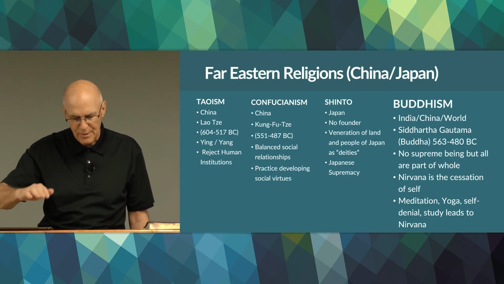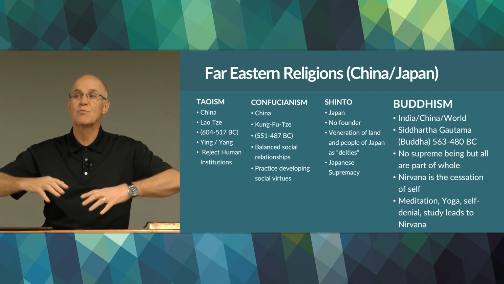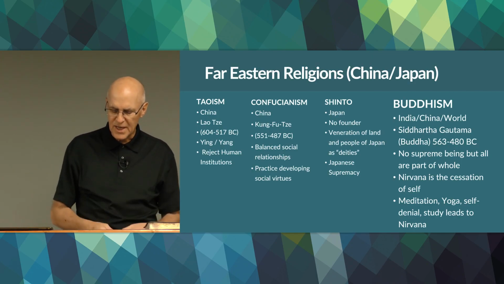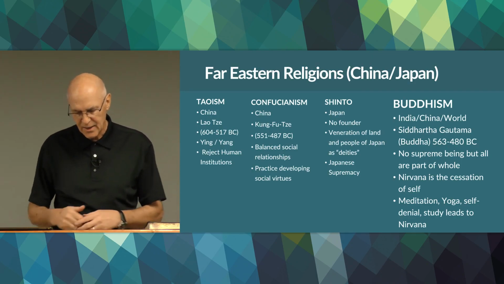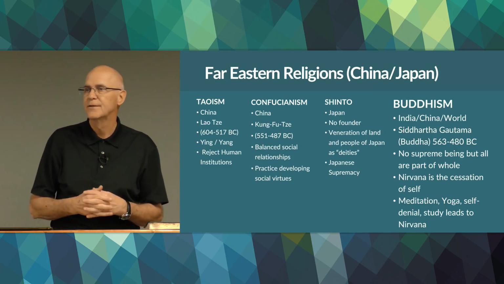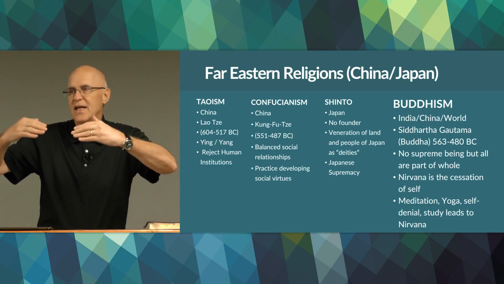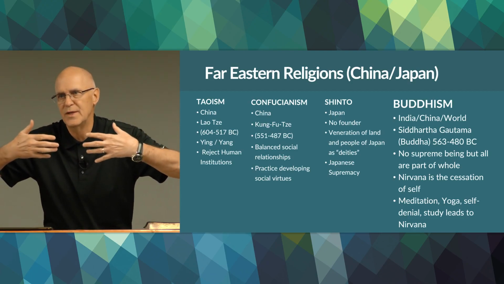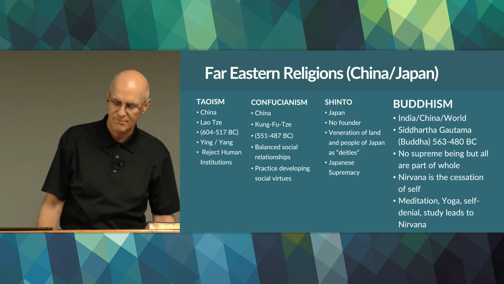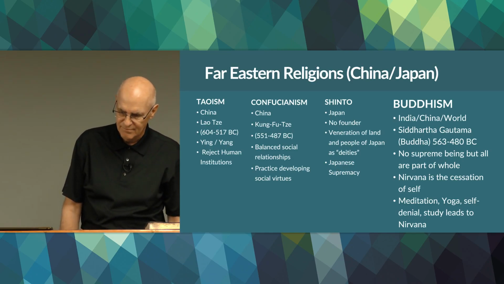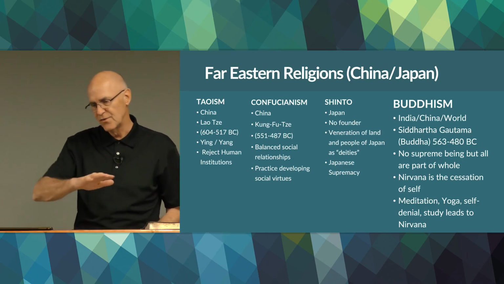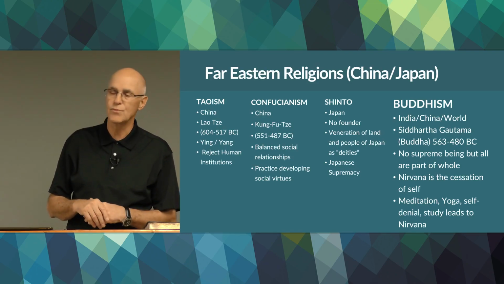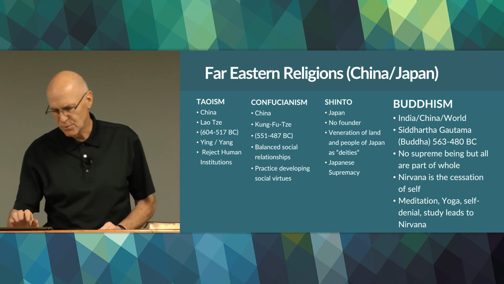It ceases to be itself and it becomes part of the whole. They use meditation, yoga, self-denial, study in order to reach that state of nirvana, that state of no longer desiring to be self or independent. The next group of religion, so these are the Far Eastern religions: Taoism, Confucianism, Shinto, and Buddhism. The next ones are the